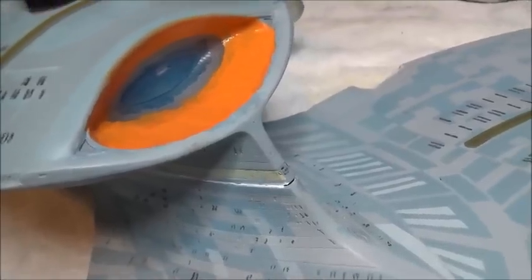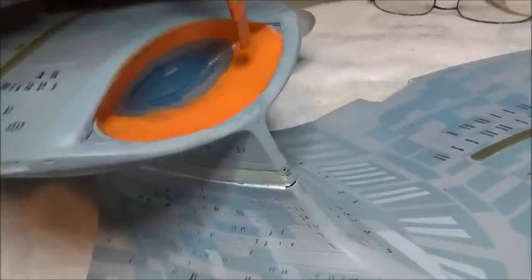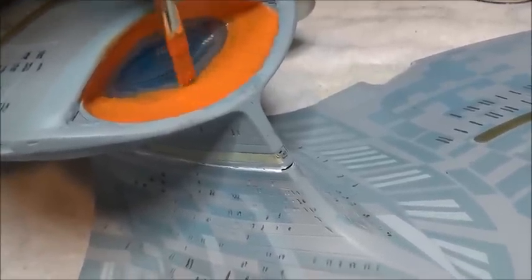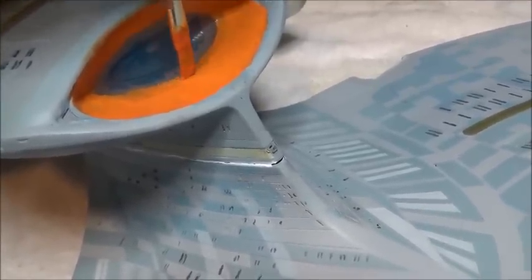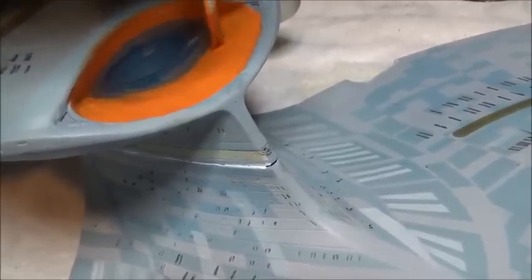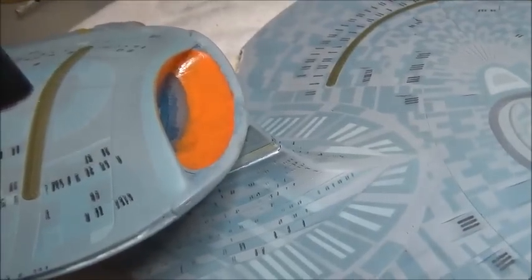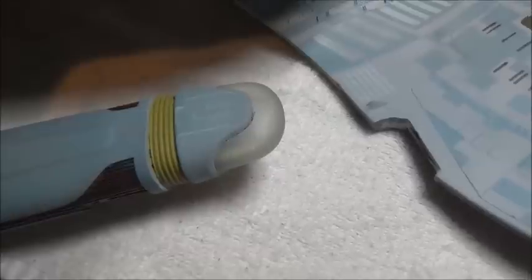And I just basically put the sensor dish in place early on and kind of traced around it so that you could see what the perimeter was. And that's kind of where I'm stopping the paint. A little bit of overlap, but I'm just feathering this out to nothing. And then it gets thicker and stronger the further out you get. So I'm going to let that dry and then come back and do another coat on it. But I need to get some yellow on this because those coils there are a lot yellower than I've got